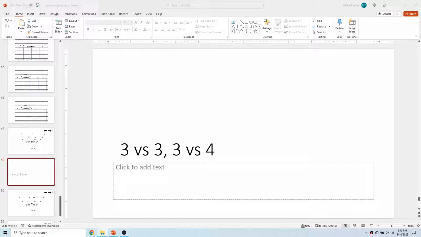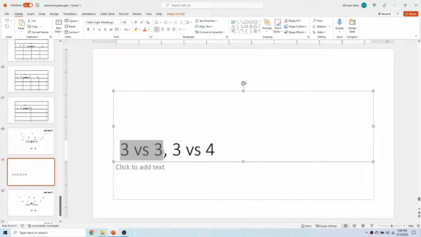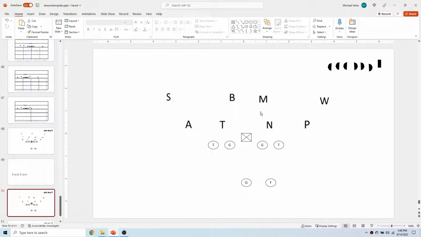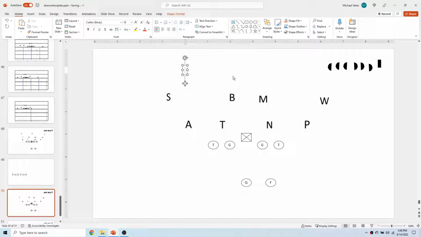So in this video, we're going to talk a little bit more about pass pro, specifically the differences between blocking 3 versus 3 compared to 3 versus 4, and how we'll know when we're in one situation compared to the other. So this is the setup we've mainly been using for our pass pro drill, and this is 3 versus